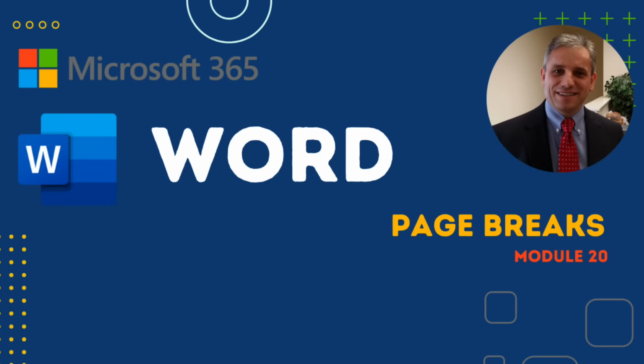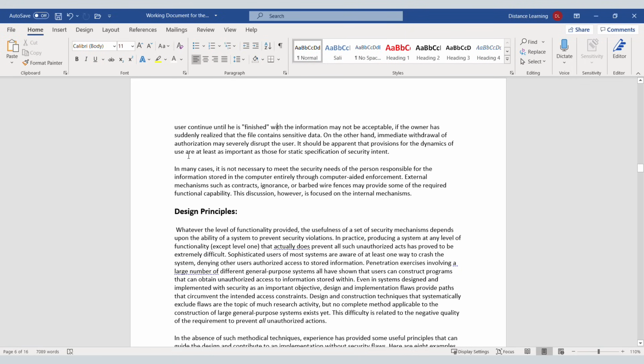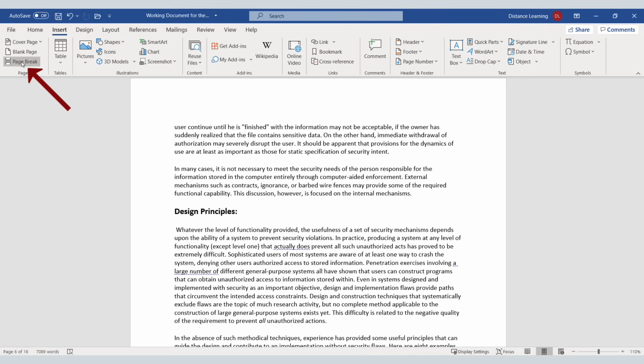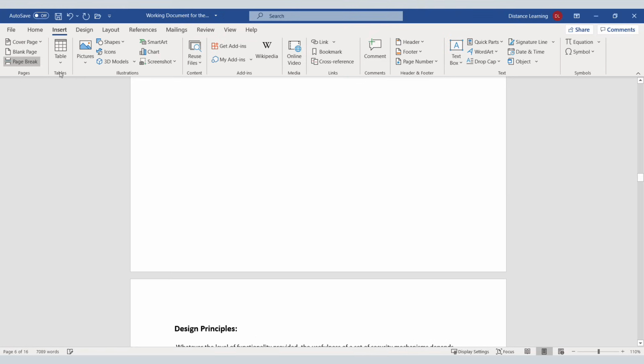In this segment of the Word tutorial, I'll demonstrate how to insert a page break in a document. So let's say we have this document and we want this heading to always start on a new page. So we go here under the Insert tab and we choose to add a page break. So we basically click right in front of that heading and then go under Insert, we choose Page Break, and